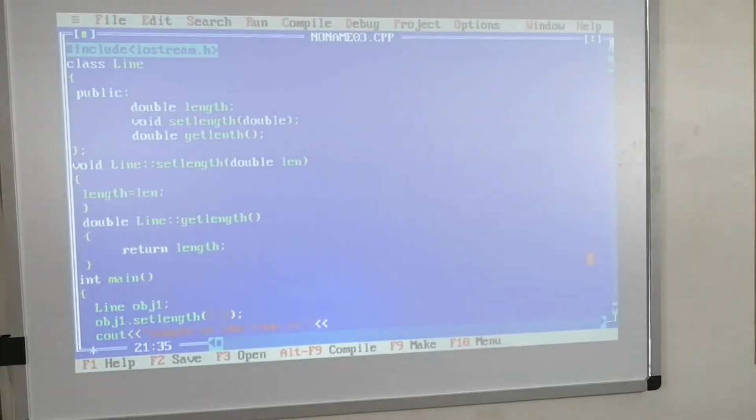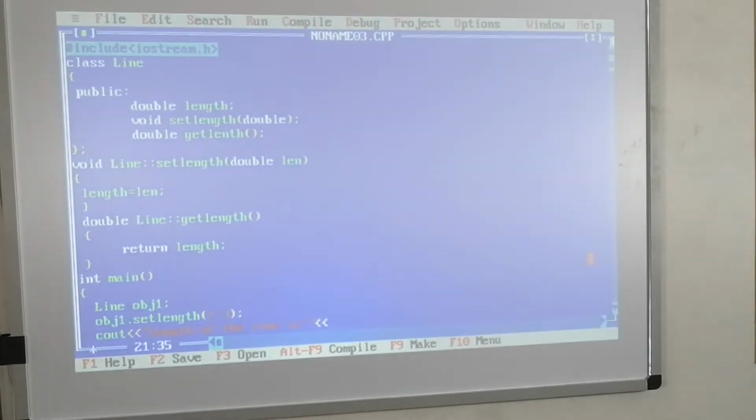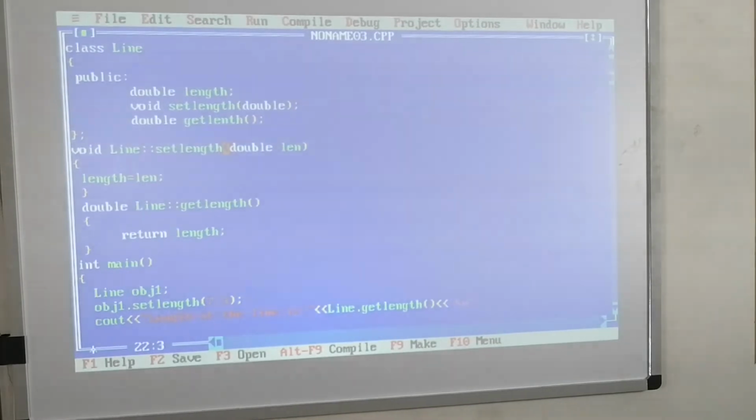Here we are setting the length of the line. Now we have to get the length of the line by using the get length function only. Here we are going to get the length of the line: obj1 dot get length. Then a new line character.